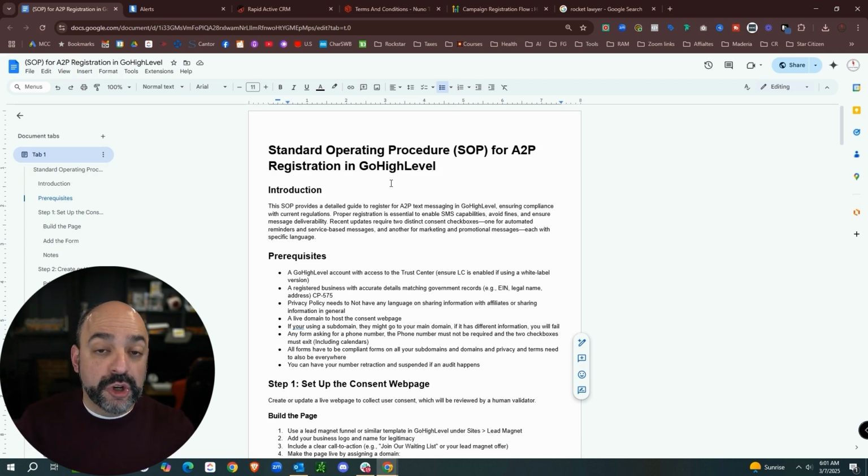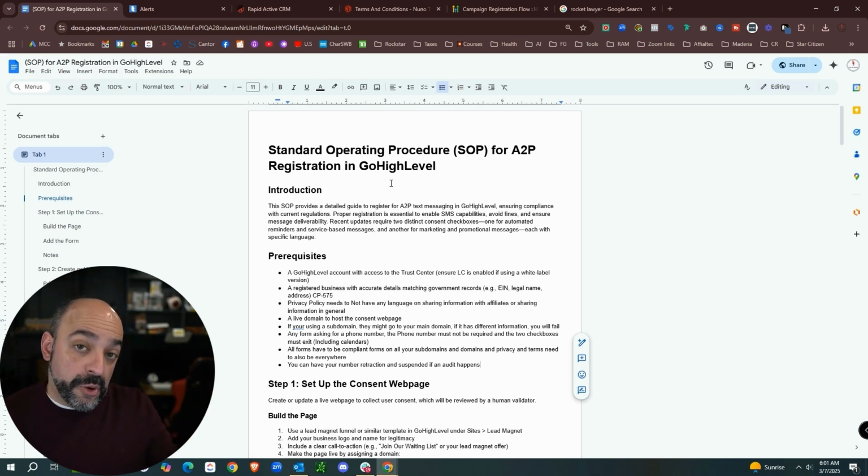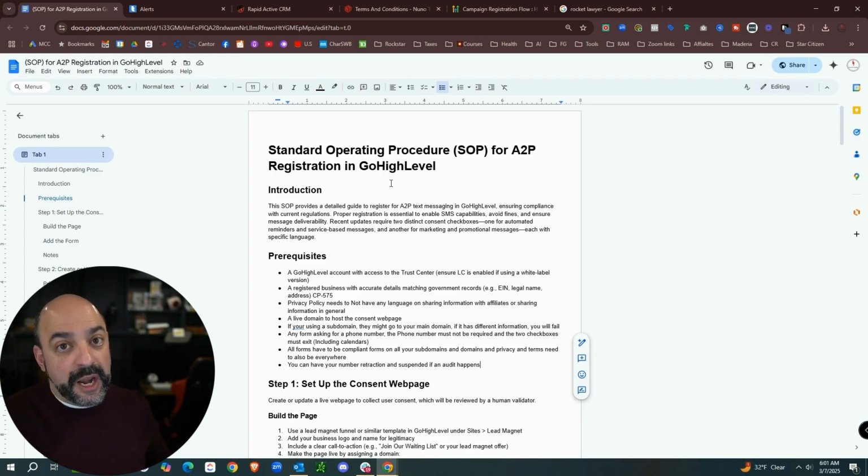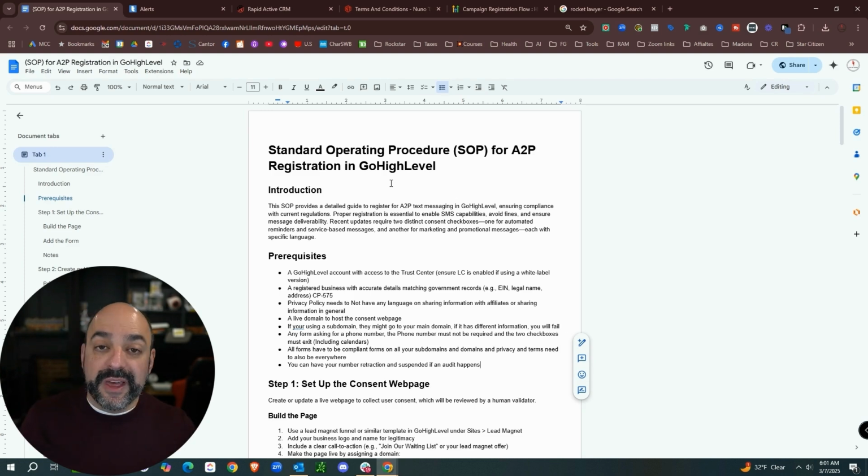And you need to make sure you're classifying the people that are promotional and the people that are just transactional and the people that are both. So it's important that when you start sending text messages, you're not sending promotional text messages to the people that said they don't want promotions, and the people that did agree to transactional, you're sending transactional messages.